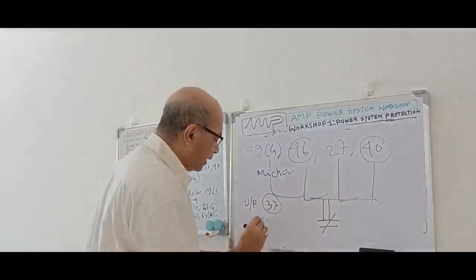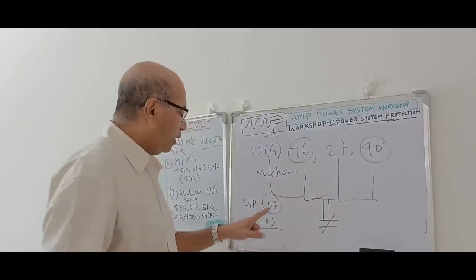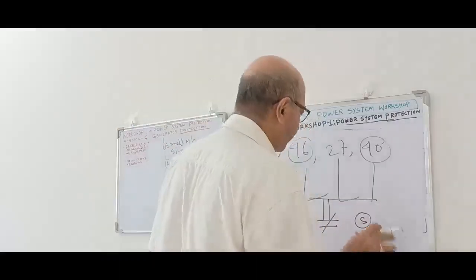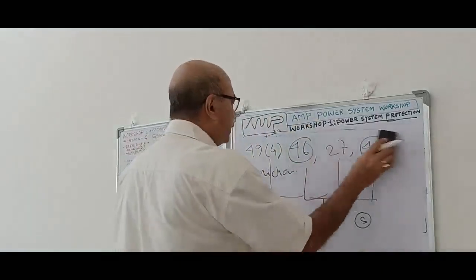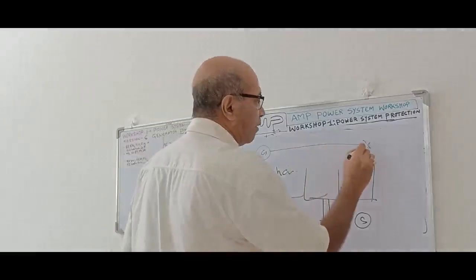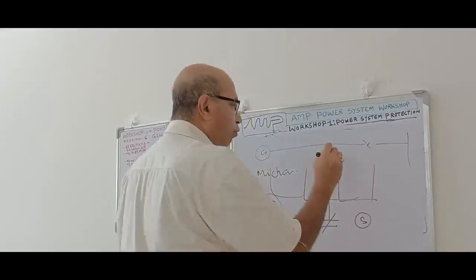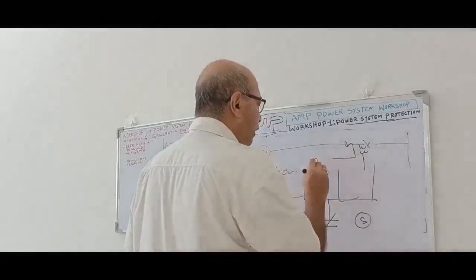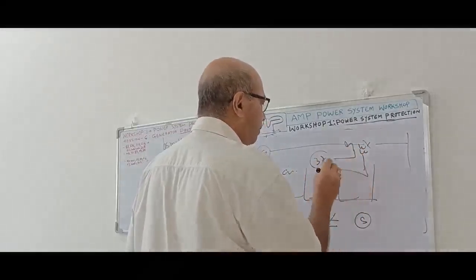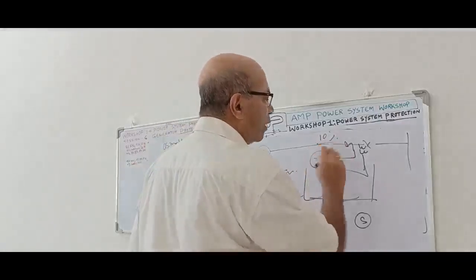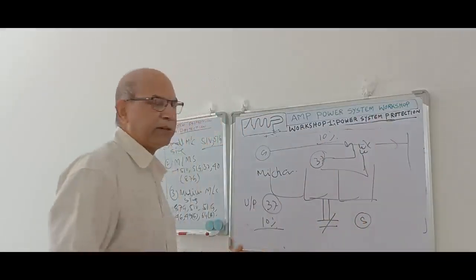Suppose it is set at 10%. That means when the machine sees forward power, suppose this is a generator giving power this way to the busbar. Now we put the CT and PT over here, and we put the 37 relay with the CT and PT supply, in both supplies. This relay will monitor 10% forward power, going this way.